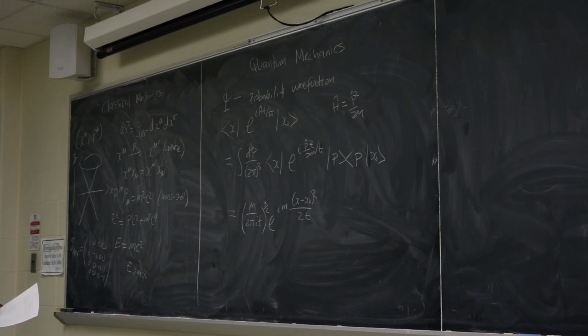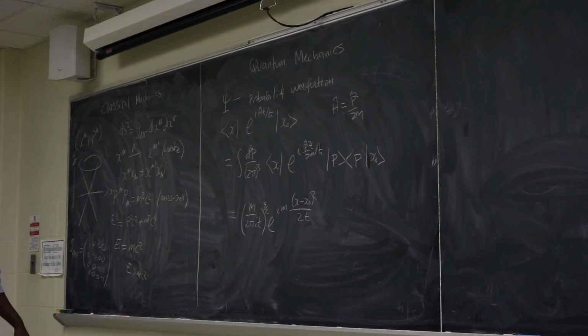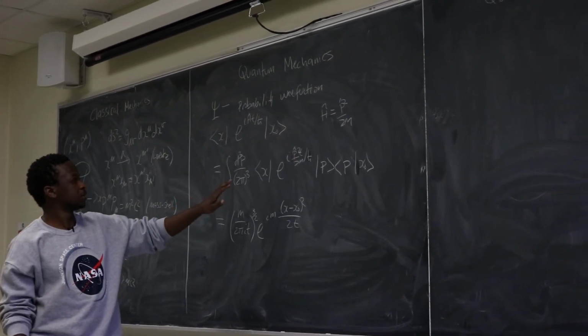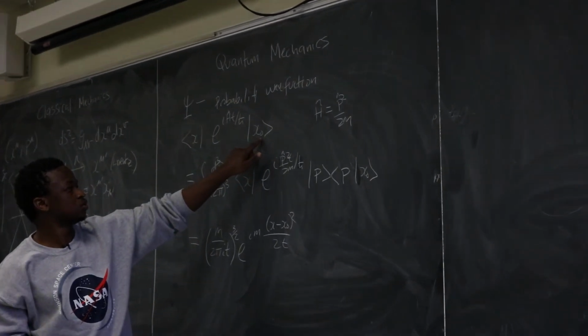Right. So now this is the probability that the particle will evolve from the state x naught to the state